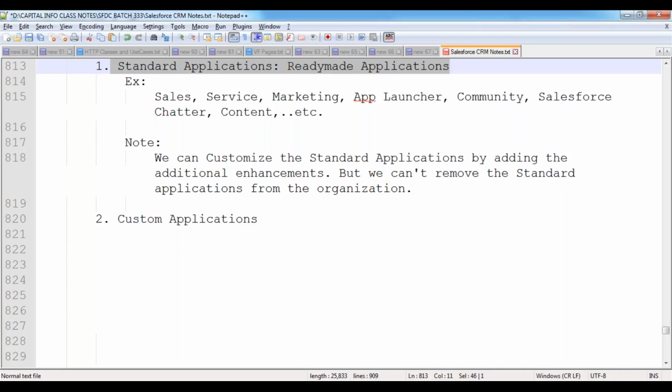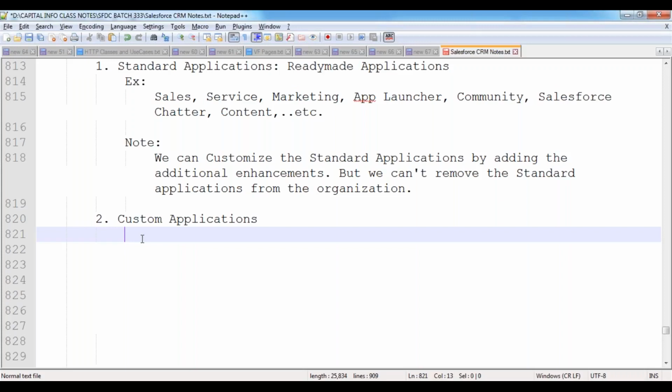I want a restaurant automation application. I want an e-commerce application. I want a pharmaceutical application. Then what can we do? Can I develop? Yes, we can develop. If the standard applications given by Salesforce are not suitable, if they are not sufficient for your business, if you want some more, then you can develop your own custom applications also.